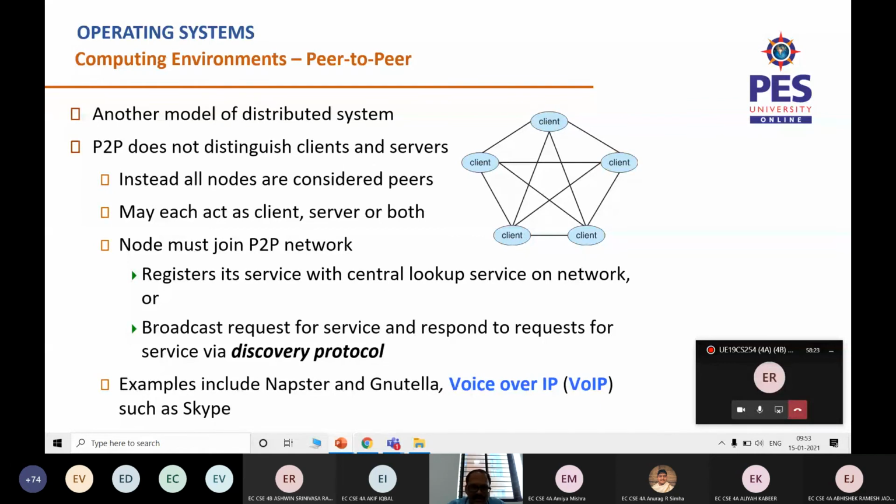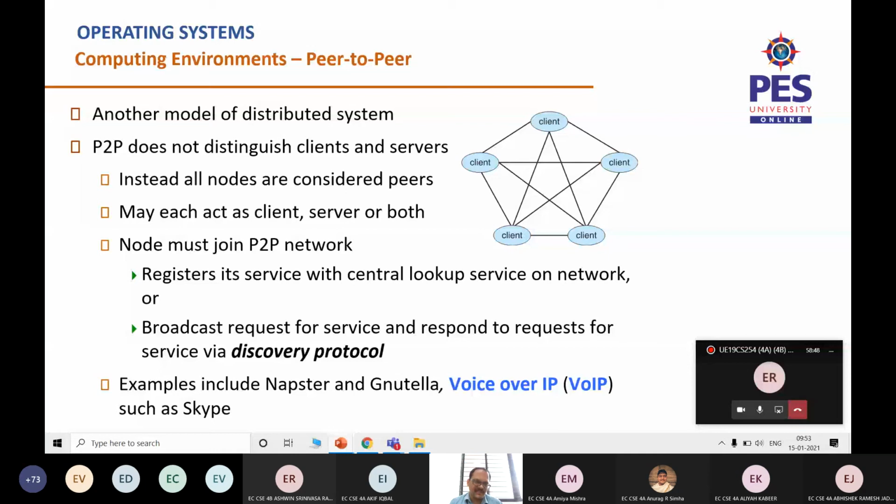Something like, I don't know operating systems, so I put a group message in my WhatsApp group, dude, I want to know this particular concept of OS, who is ready to teach me. Now Joseph is an expert in operating systems, he'll say, yeah, come to me, I'll teach you this concept. That kind of model is the variation we have spoken about, what is called peer-to-peer.